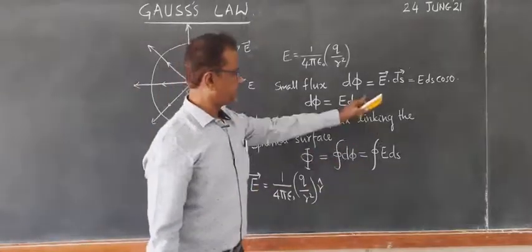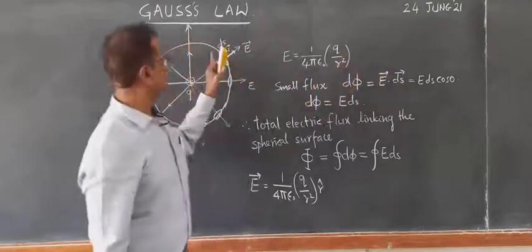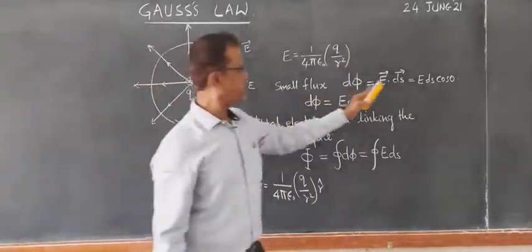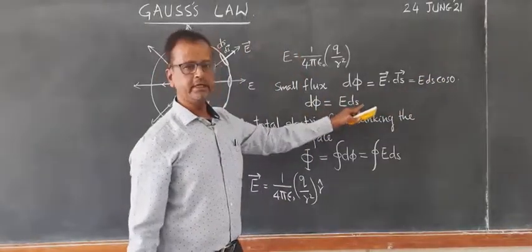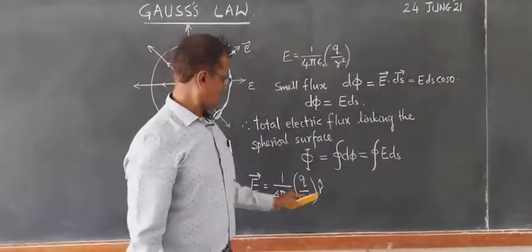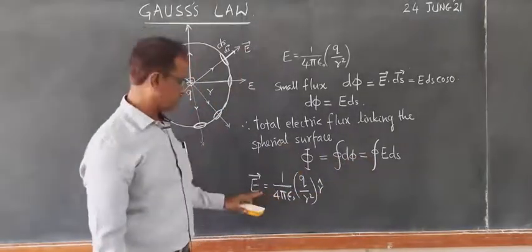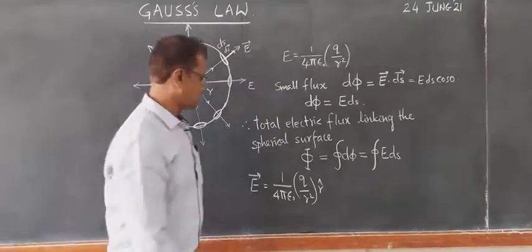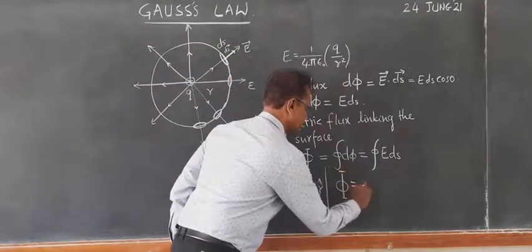Here, in E vector dot ds vector, the angle between them is 0. So E ds cos 0 results in E into ds. In this equation we can take only the magnitude of the electric field. Thus, substituting this value, total flux now becomes equal to